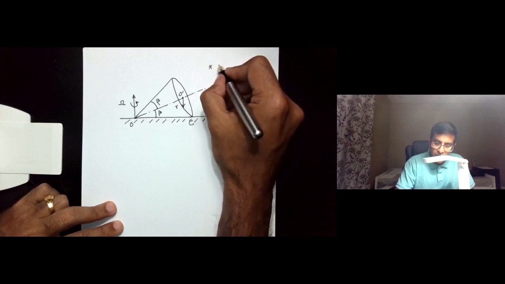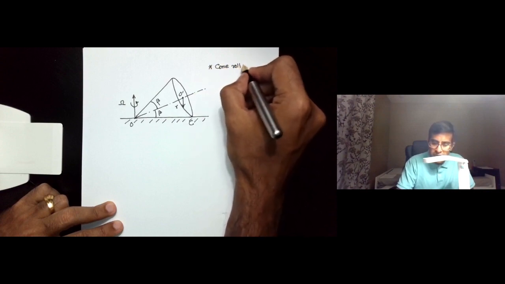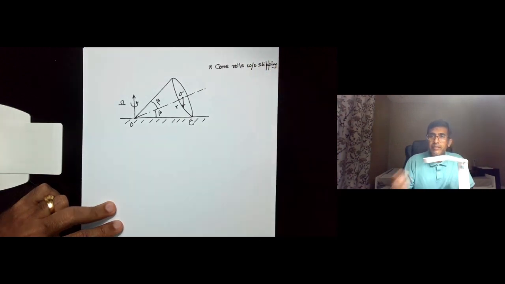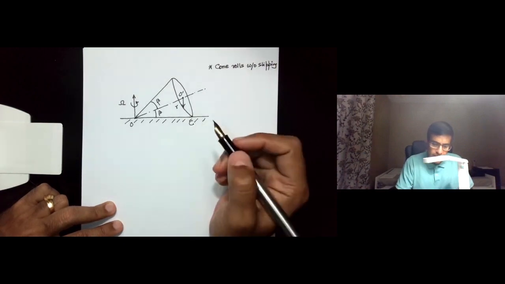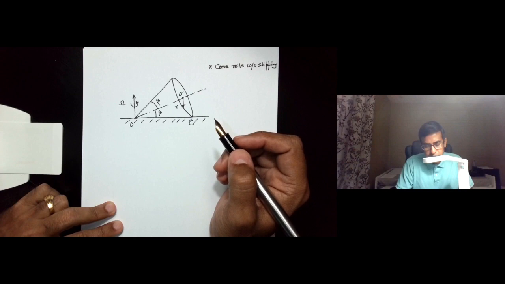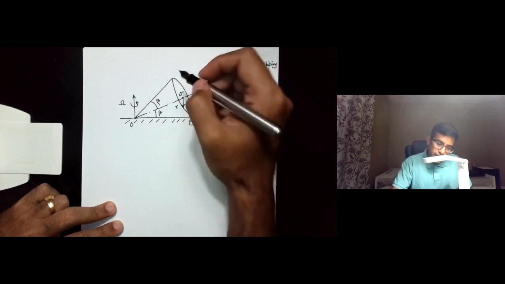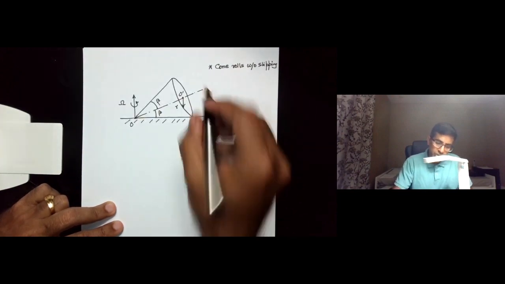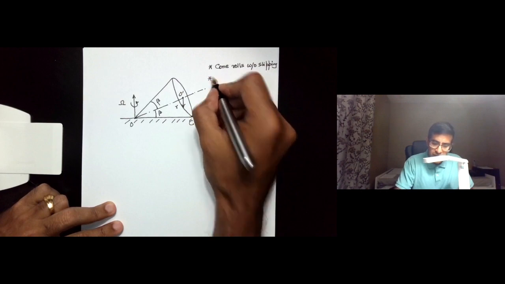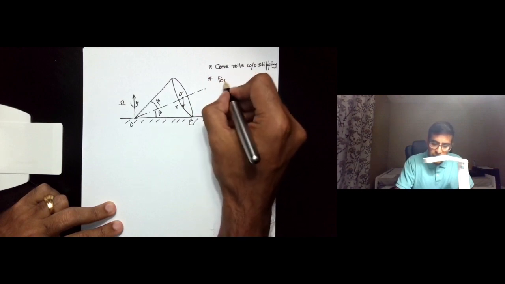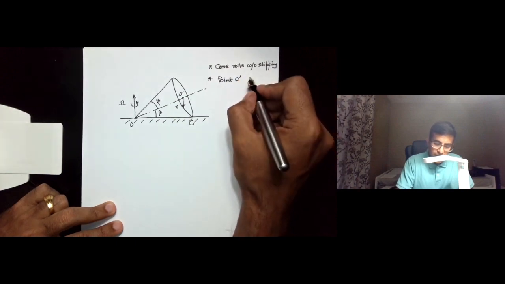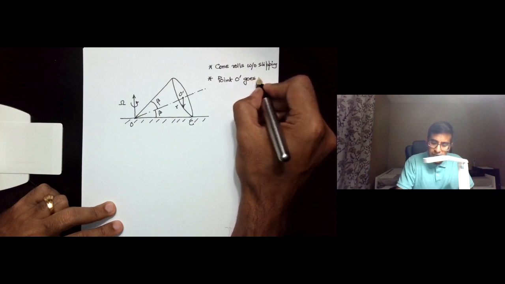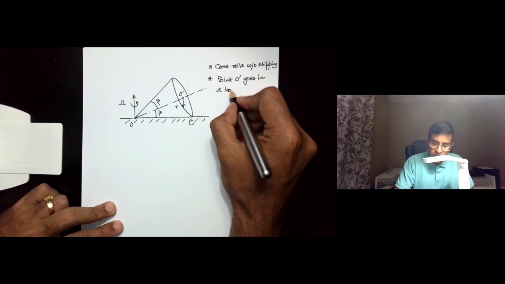So first of all, the cone rolls without slipping, okay, and it is rolling with an angular velocity of omega, which essentially means that the point O prime goes in a horizontal circle